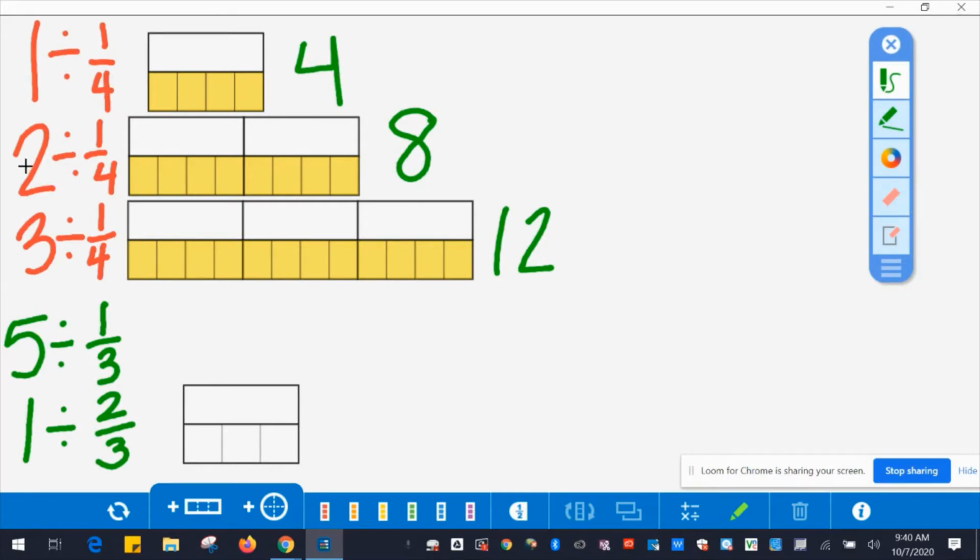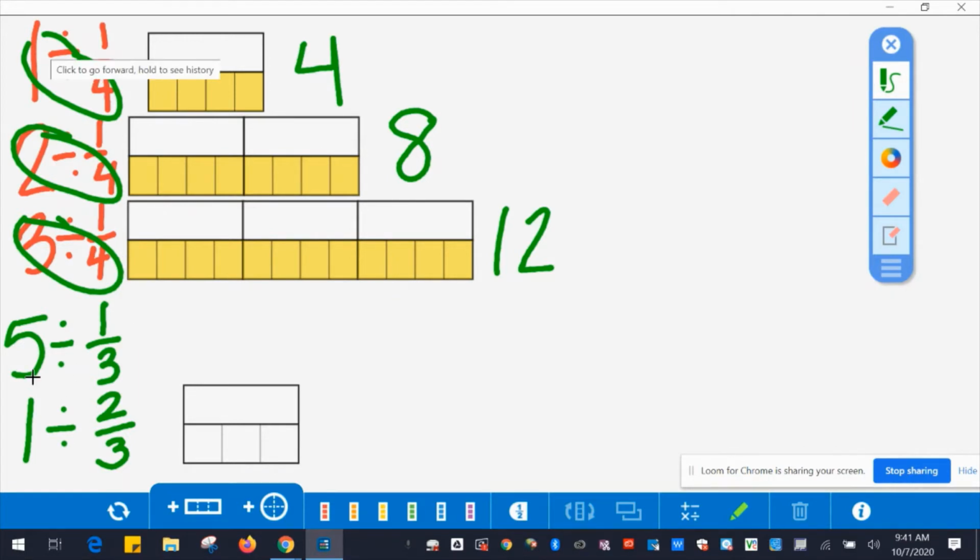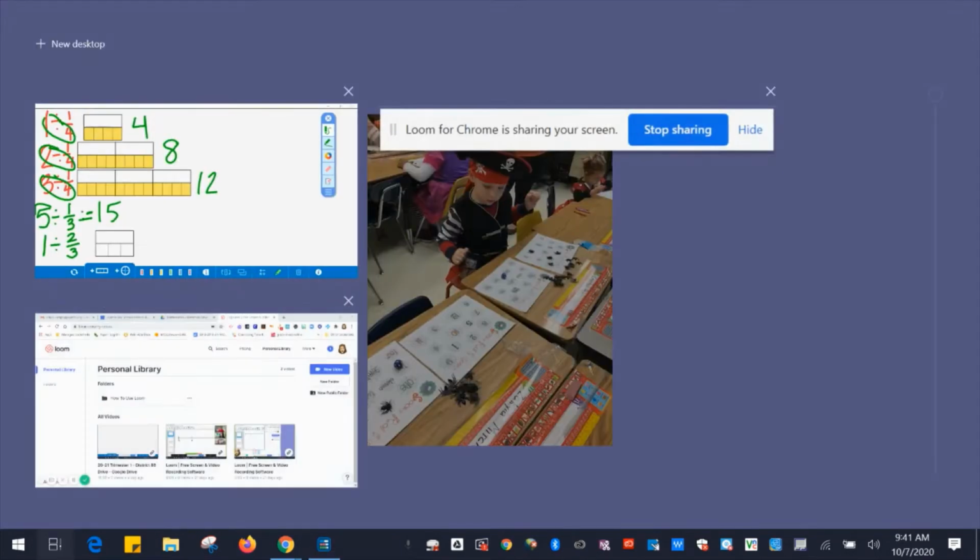1 times 4, 2 times 4, 3 times 4. So I'm breaking 1 into 4 pieces, breaking 2 into 4 pieces each, and breaking 3 into 4 pieces each. Again, 4, 8, 12. You'll see that there's this relationship where they are multiplying that denominator with their whole number. So then I would say, without a model, what would 5 divided by 1/3 be? Students would tell me that this would equal 15. 3 times 5